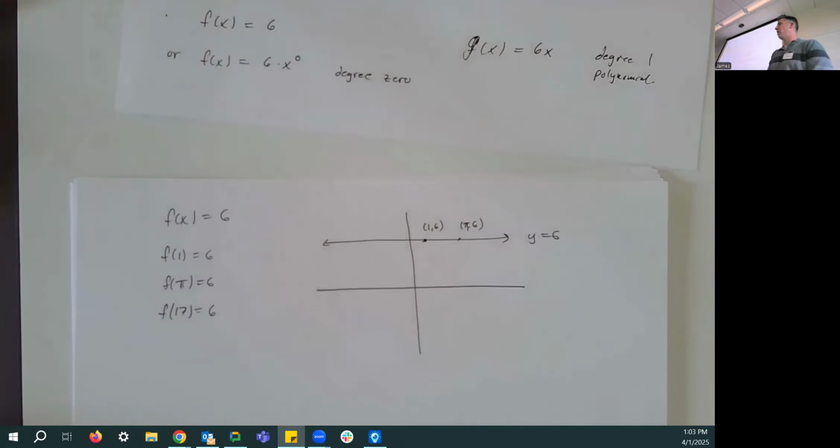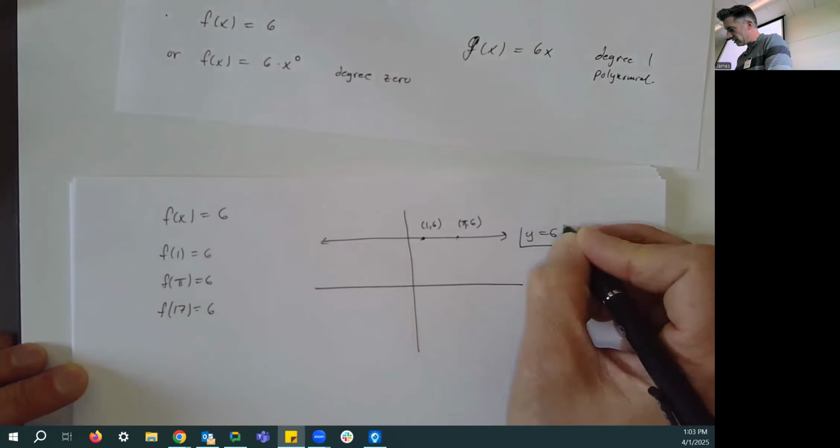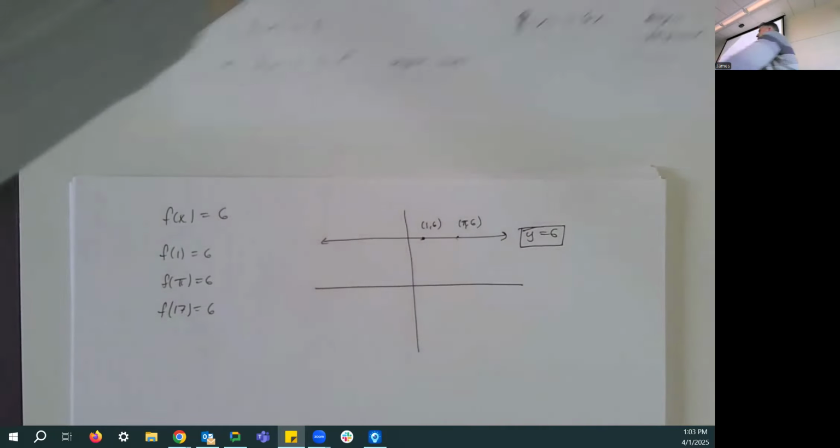This idea actually becomes a little bit important in future quarters. When I look at this equation, which I would probably actually think of as this, when I'm graphing y equal to 6, I'm noticing what's missing. There's no x. And usually if a variable is missing, it means you have freedom in that direction. So when I graph y equals 6, y has to be 6, but x gets to be anything because there are no restrictions on it. It's a free variable. That idea does come back in later quarters.